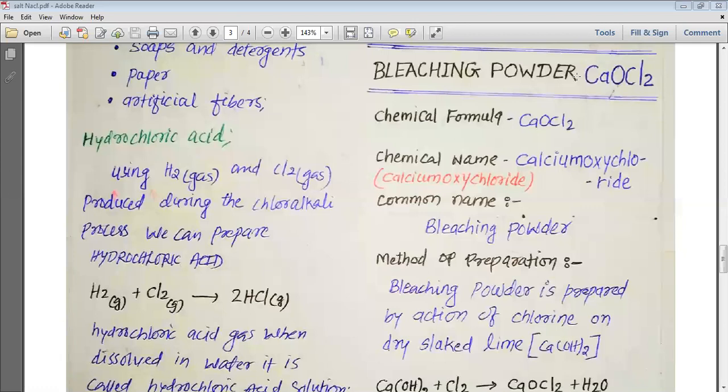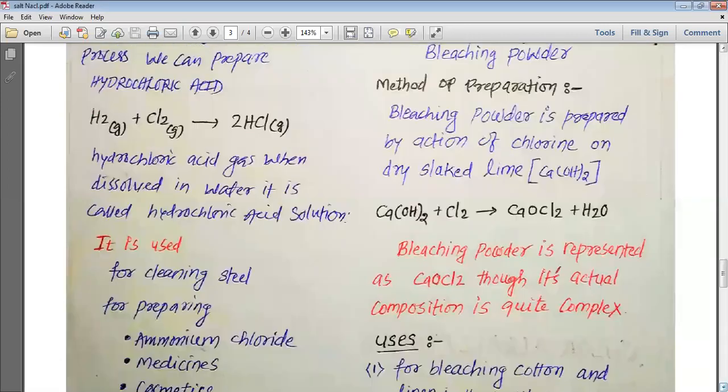Class. So yesterday we studied about the various salts, my dear students. We have studied about bleaching powder, and we came to know that the chemical formula for bleaching powder is CaOCl2, which is calcium oxychloride, commonly known as bleaching powder. We can prepare this bleaching powder by the reaction between slaked lime and chlorine. So Ca(OH)2 reacts with Cl2 to give us CaOCl2 and H2O, that is water.